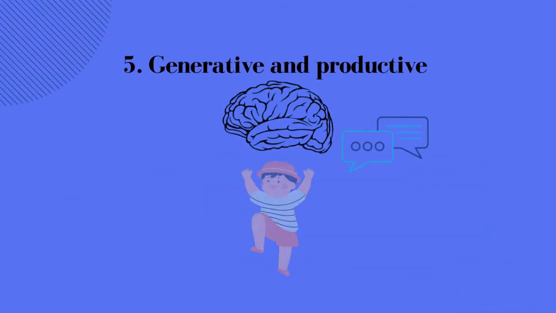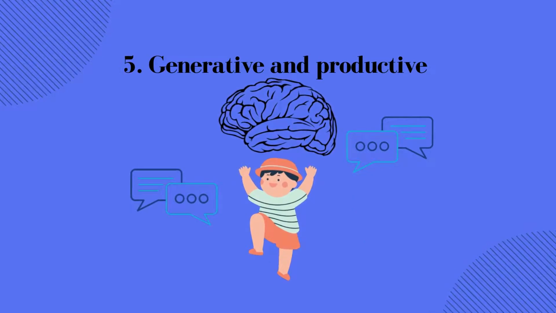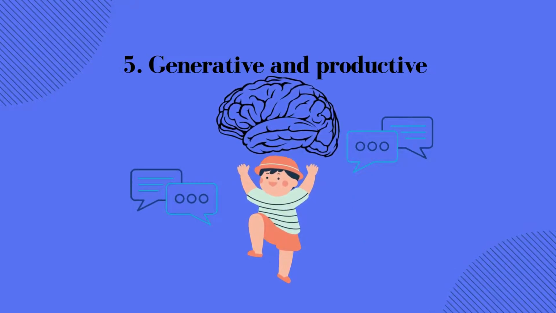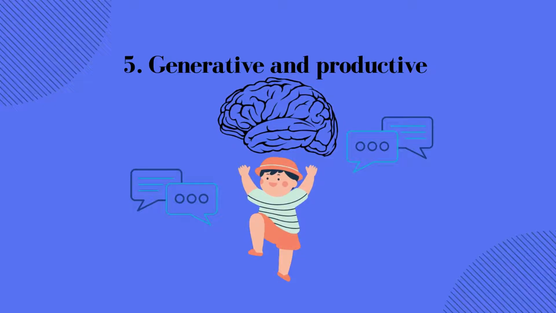5. Generative and productive. In other words, the ability to speak a language in a creative and unique way. Although this specific point of language includes some weaknesses, for example, when we think we use multiple words and phrases to create our sentence in our brain, which we then use in our speech, these vary in different forms and structures, so they might become complicated to shape in a correct way, which is why learning language when we are young becomes easier for us to speak it in the adulthood.